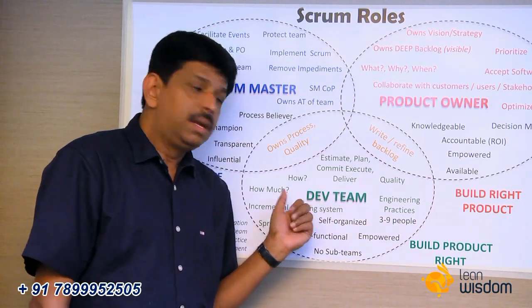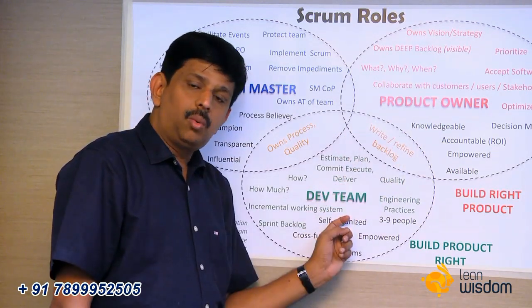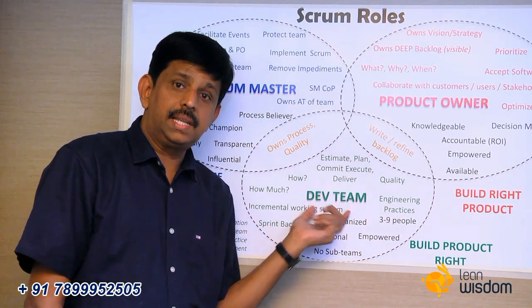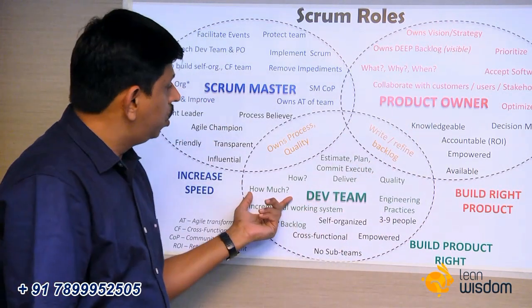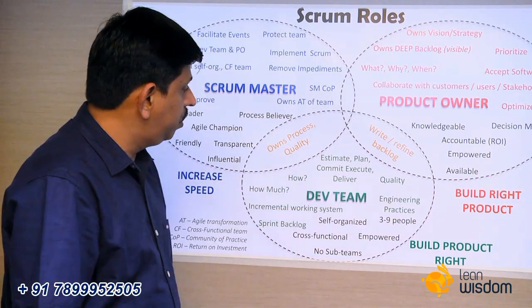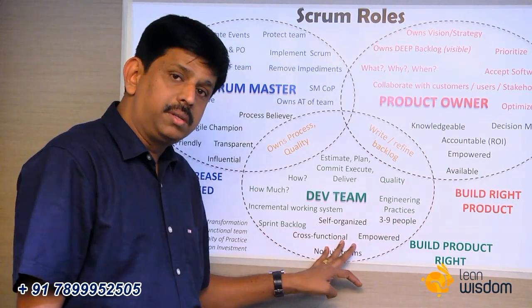If it is 500, it's the development team which is responsible to communicate to the product owner, and say we can deliver only X amount of story points, and set those expectations clearly. So the team is responsible for all of these. By definition, the team is self-organized, cross-functional, and co-located.